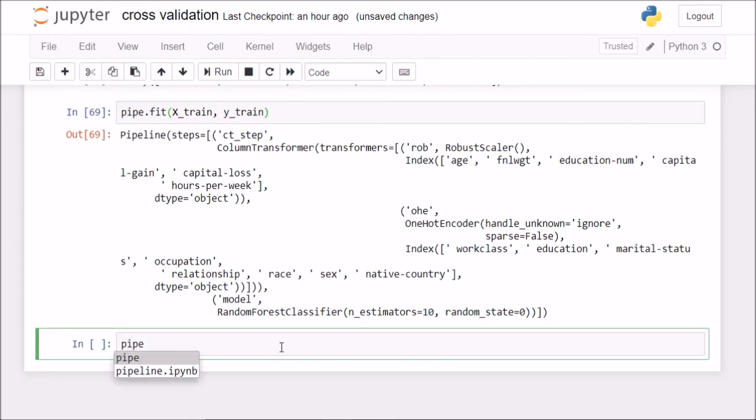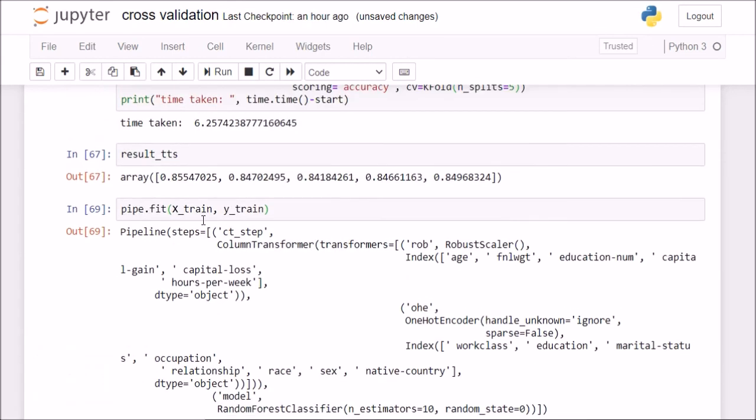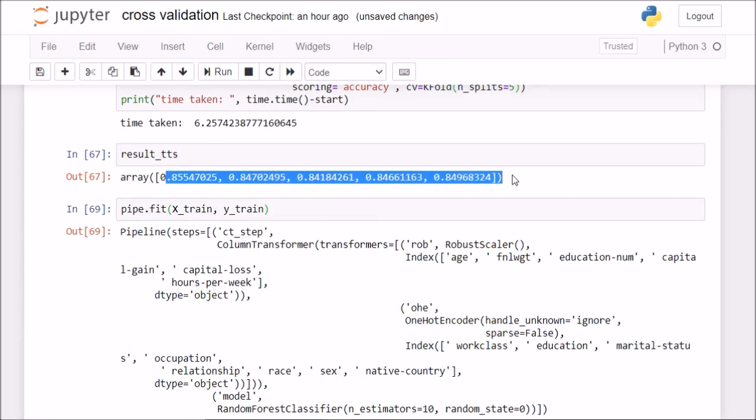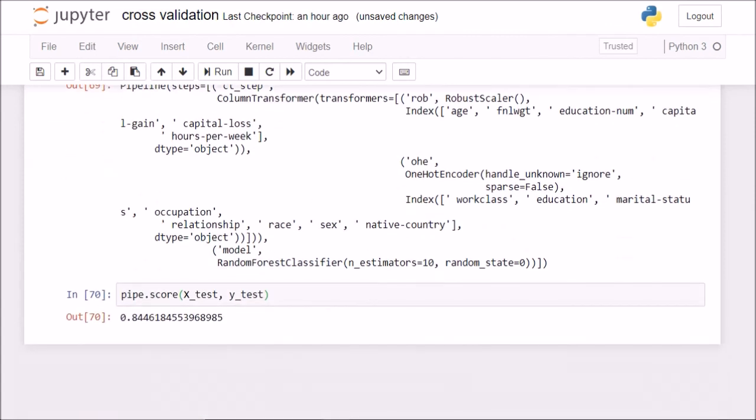So I'll do pipe dot score, and I'll score my x test and y test on this. I get an accuracy of 84.46%, which is very much comparable with these scores. So I can say that my testing data is generalizing pretty well with the training data, and my model is pretty stable right now. Okay, so this was all about cross validation.